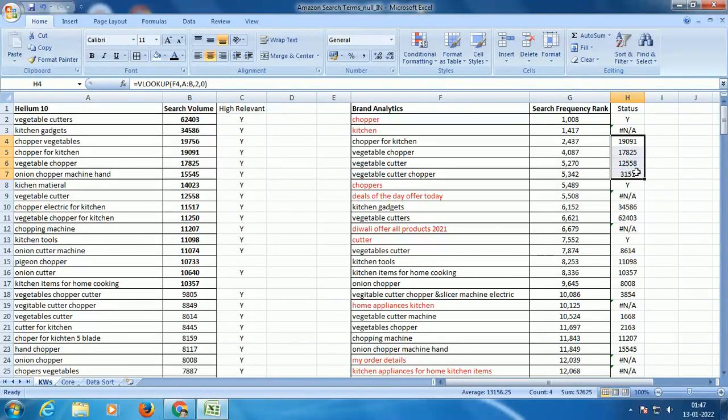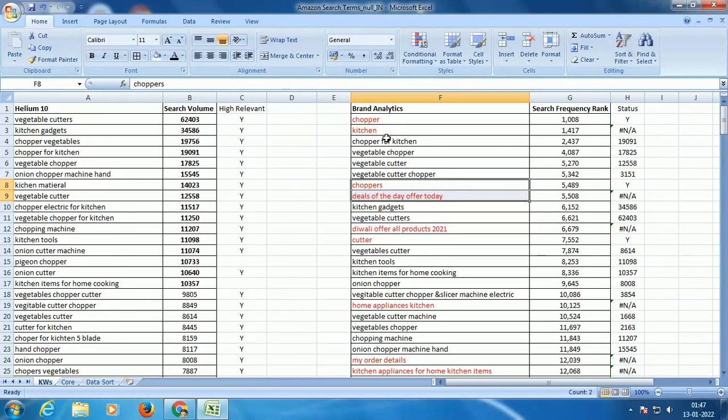What it means, now for the ones where we were able to fetch search volume, is that these keywords are already a part of the Helium 10 list. Now the ones in red are the cases where I was not able to get the search volume. What it means is these keywords are not a part of the Helium 10 list. So what we need to understand here is that while you got a list of keywords from Helium 10, not all keywords are covered, or I mean a few of the important keywords which are available on brand analytics are not a part of your Helium 10 list. So that is the key takeaway here, right?